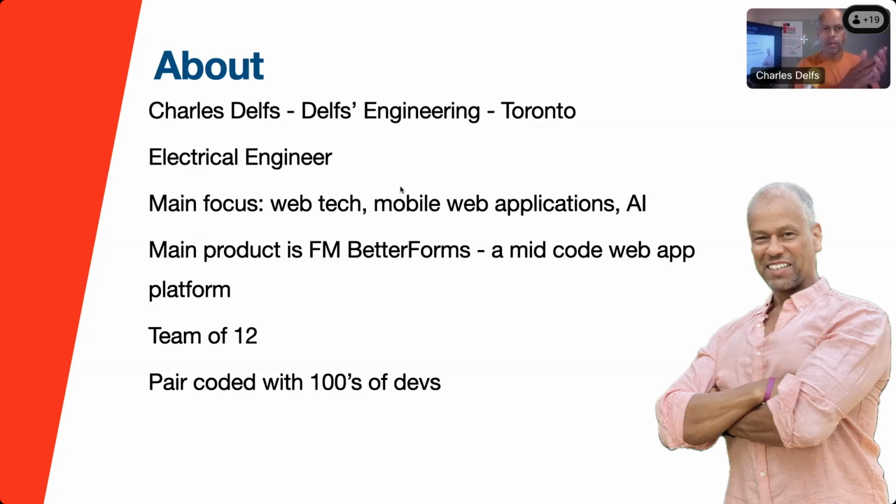Our main focus now is on web technologies, primarily mobile applications and progressive web apps. We're looking at AI in terms of user interface generation and code analysis, some neat use cases for AI. And our main product is FM BetterForms, which you may or may not have heard about. FM BetterForms is a mid-code, which is kind of a new term. I wouldn't call it low code, and I wouldn't call it high code, but it's definitely a full range code development environment for the web. Our primary consumer of that is FileMaker developers, although we're starting to see some other users build apps with other backend